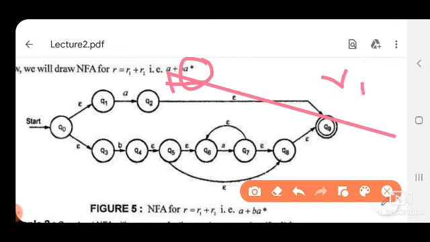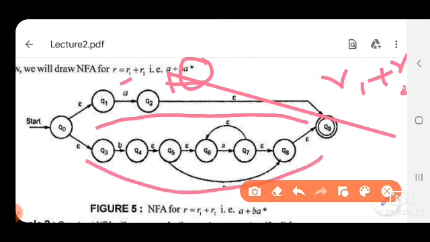As we have studied, R1 plus R2, where R1 and R2 are both in parallel. In this figure, this branch is for a and this branch is for b a asterisk.